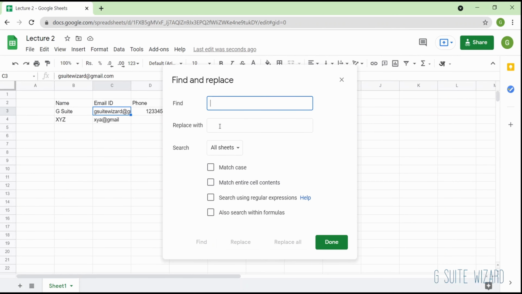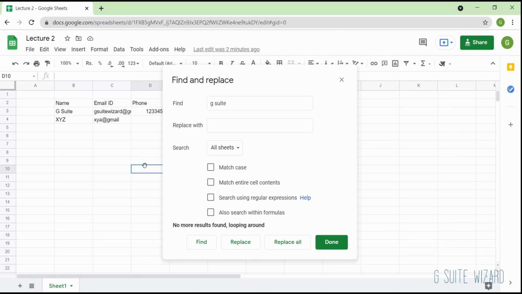So there are two options. You can either just find it, or you can replace whatever you found. If I click on find, it will select where G Suite is. Even if the cursor is somewhere else, it will go to G Suite. And if I, let's say, replace it with my name, right? So if I click on replace, only this cell is going to get replaced. If I click on replace all, the cells with the name G Suite will get replaced,